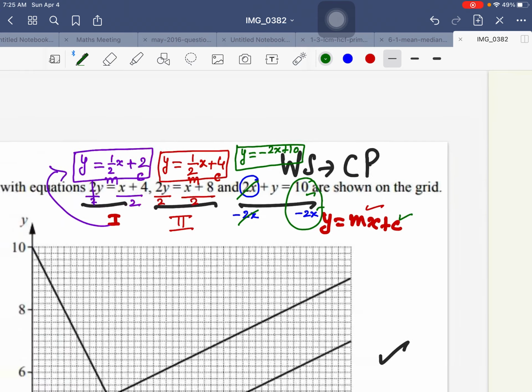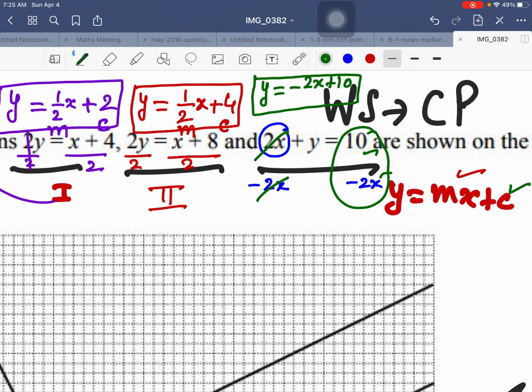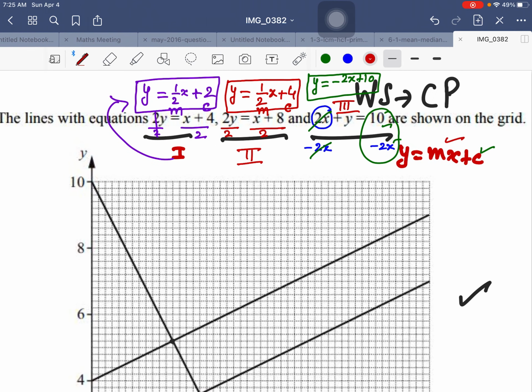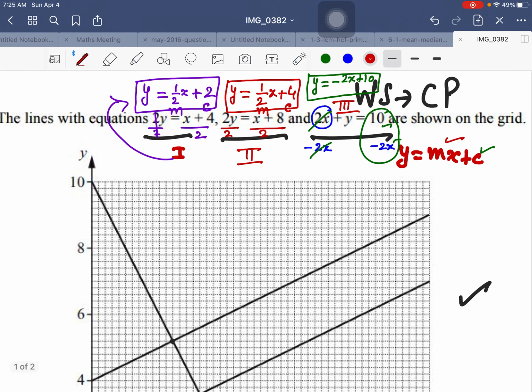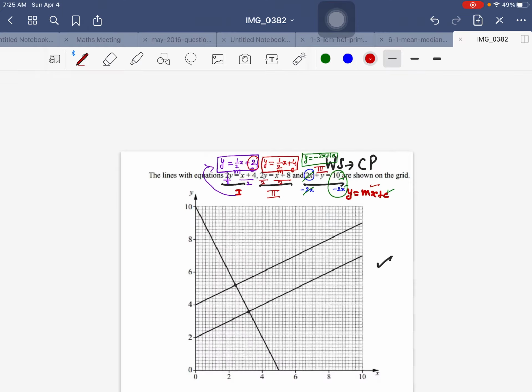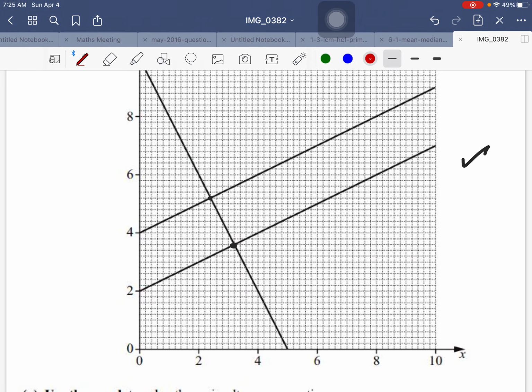So now you can see all these 3 equations. This is first, this is second, and this is third. All these 3 equations are now in the standard form. I easily can find which equation has which graph on the grid paper. Very simple. First of all, you look at the y-intercept 2 and try to find in the grid paper where is y equal to 2.